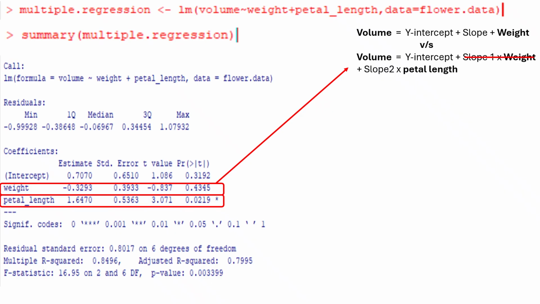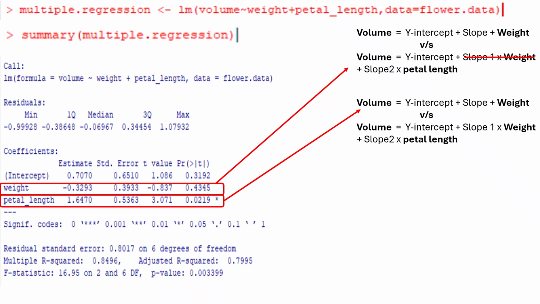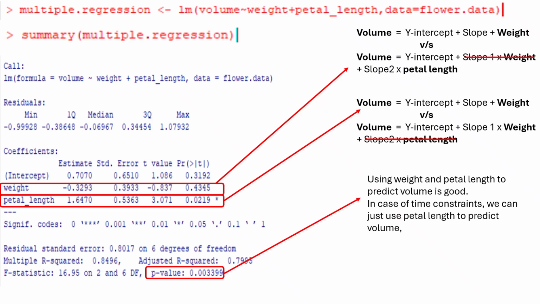In the case of the second row, which is of petal length, there is the same sort of comparison, and the p-value which we get at the end